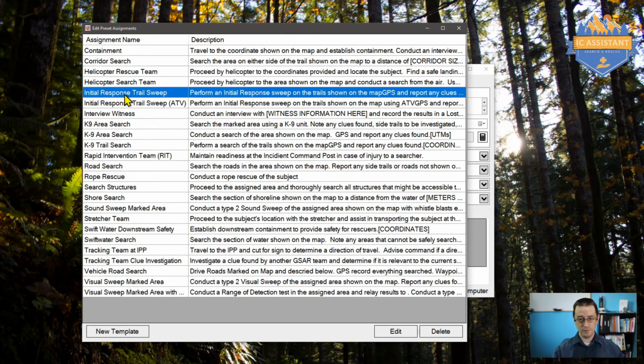So you can make your own for taskings that occur frequently in your area. You'll notice in the preset ones that I've created here, there aren't a lot for snow-based rescue because I live on Vancouver Island and we don't believe in that white stuff. But if you've got a lot of those or a lot of Swiftwater taskings that are specific, go ahead and add templates to your heart's content. The idea here is to enter them and make creating assignments easier when you're actually on a task and time is of the essence. So I'm going to bring one up here to edit just so we can see what